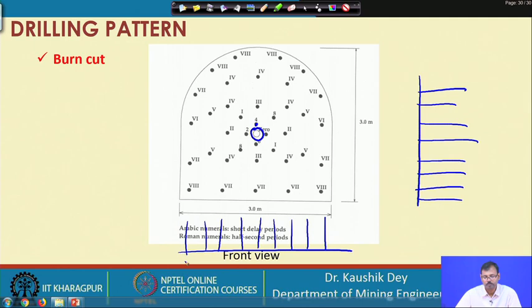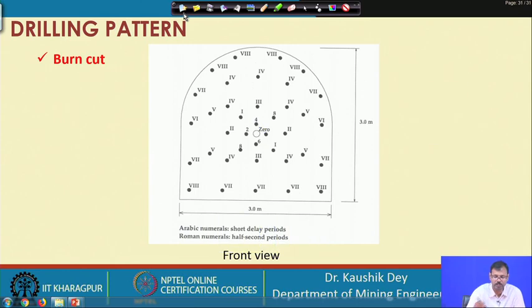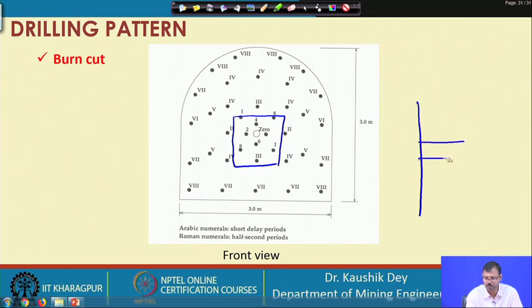So, basically the key of this is that if you redraw this portion, then you will find out there is an empty hole. This is the empty hole, large dia empty hole, and very adjacent to this hole, there is a small dia hole which is filled with explosive.